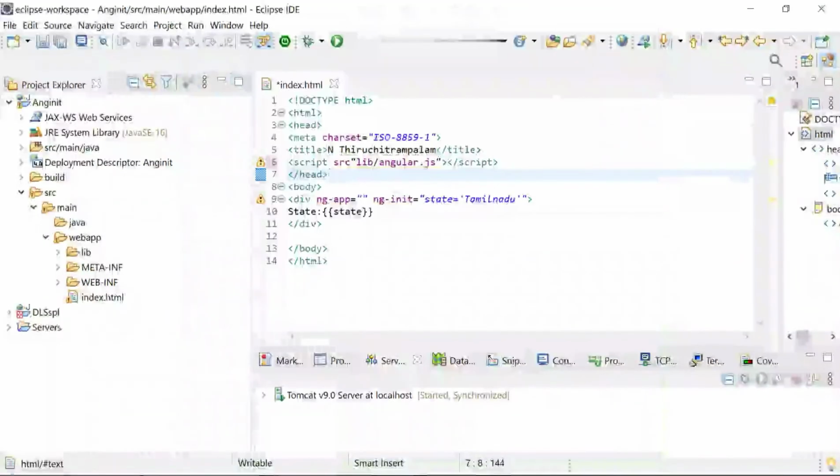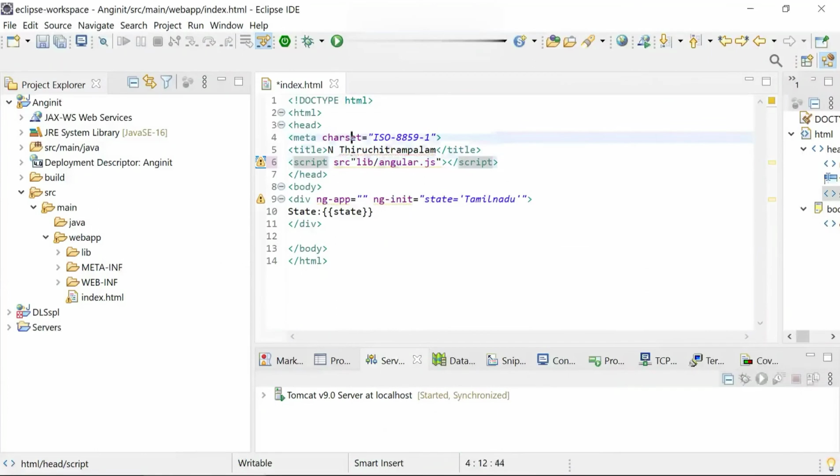When I went through this code, I found that I missed out the equal sign. Just after the src attribute name, equal, and then you need to give lib/angular.js. Wherever the angular.js file is located, that path should be given.